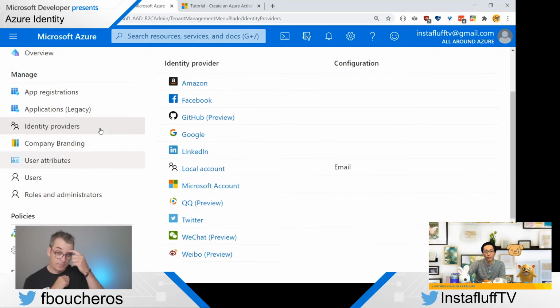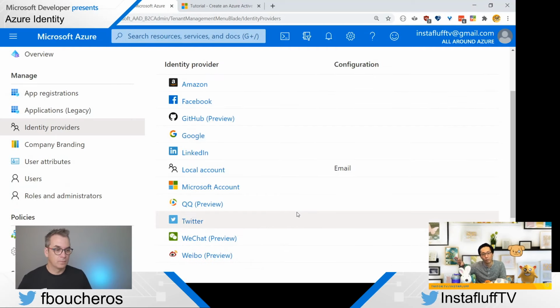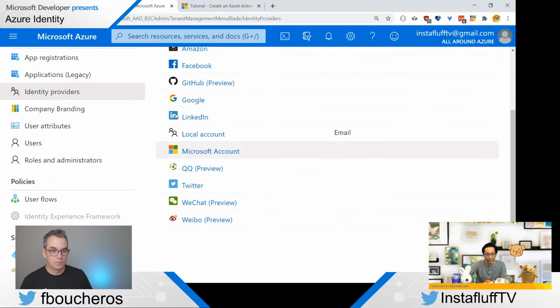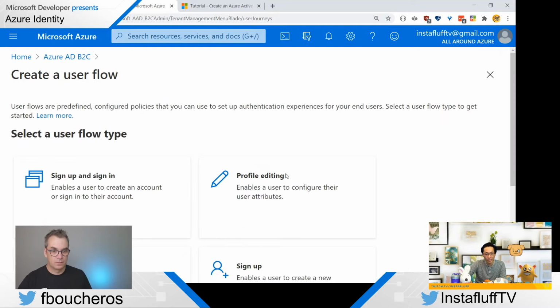You have to do it within the tenant, but you can do an OpenID Connect provider. If you have a separate OpenID option that isn't listed here, you can also always add it. But because we didn't have any here, we're just gonna do the regular email user flow.